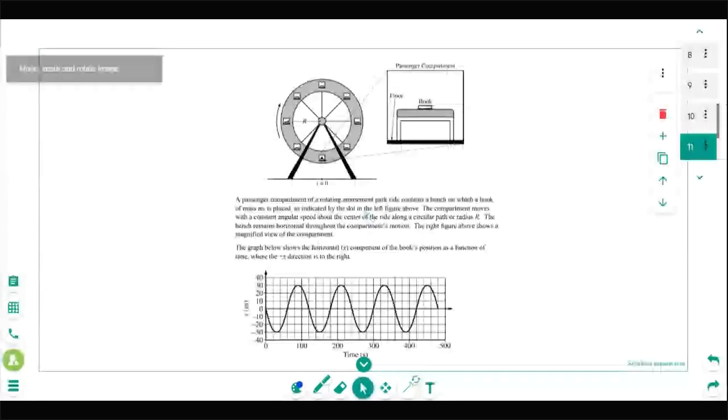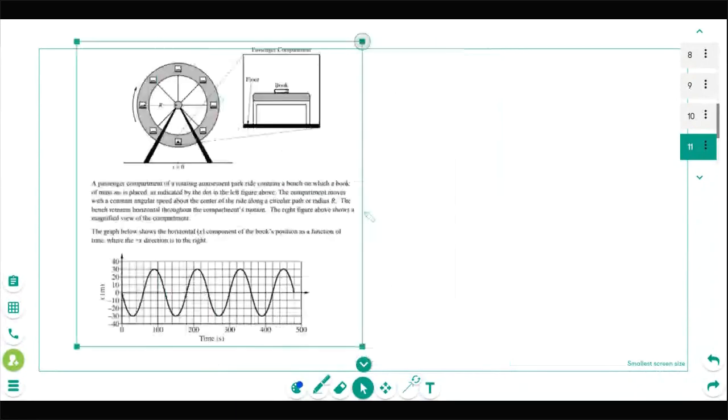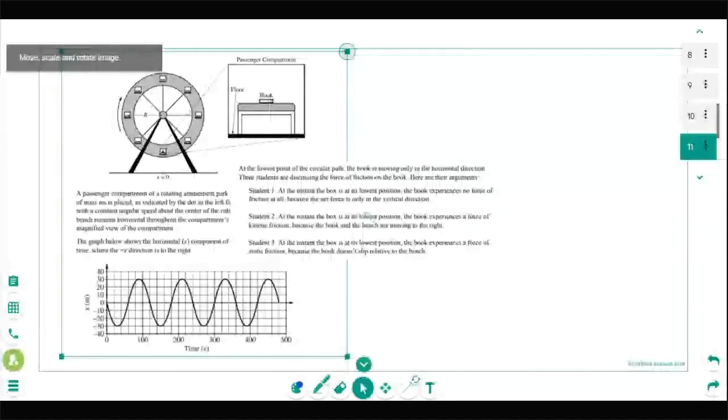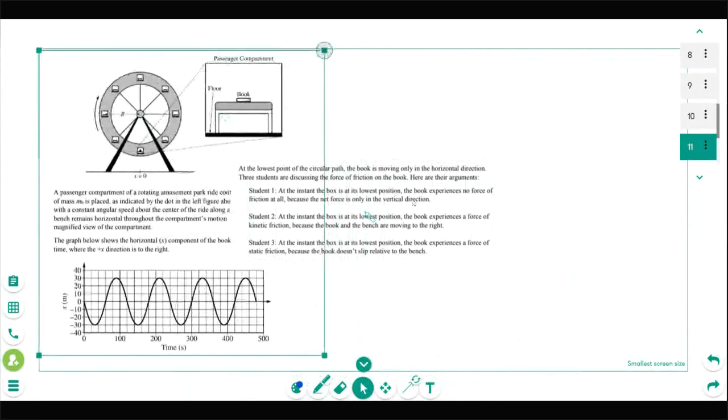So we've got all this stuff here. Okay, forces at the lowest point, et cetera. The question basically goes on to say, and this is the part I think you guys were getting into, at the lowest point, students are arguing about which one is right. So there's that, and then there's the argument part. Yeah, I haven't actually seen these questions before. These are pretty good.